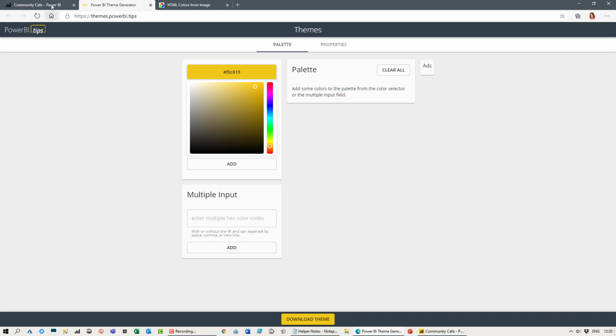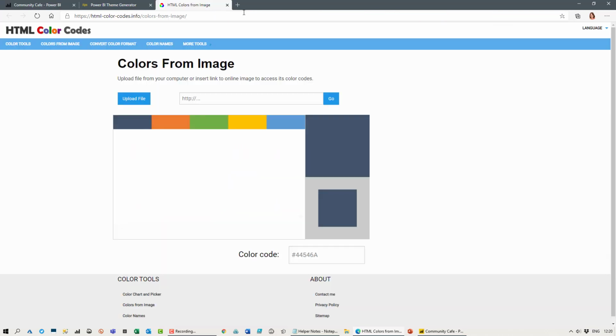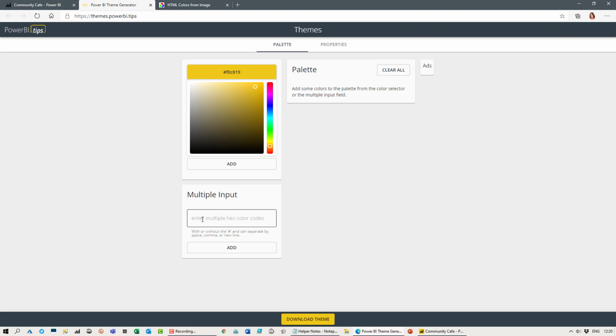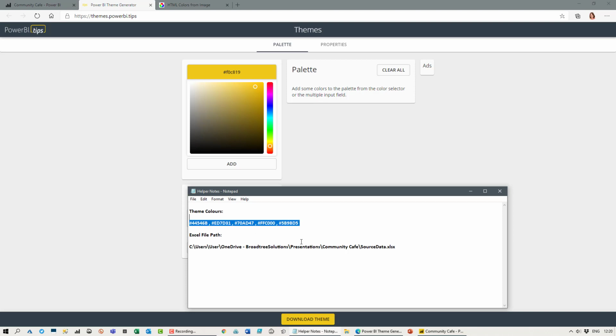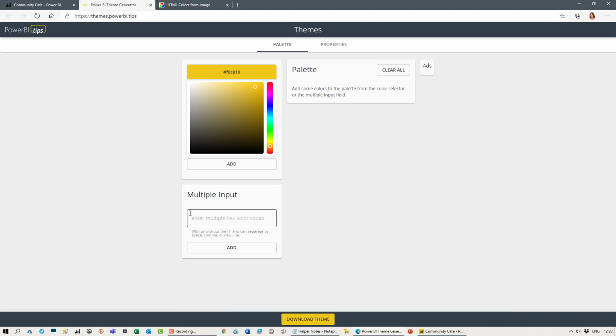Now, you could just as easily copy each one individually and paste it into this area here, but because I've already done it, I've got the list. It makes it clear that you can add a list of colours. I'm just going to pop in that, and they can be separated by comma, space, or a new line. And then I'm going to simply add that to my palette,